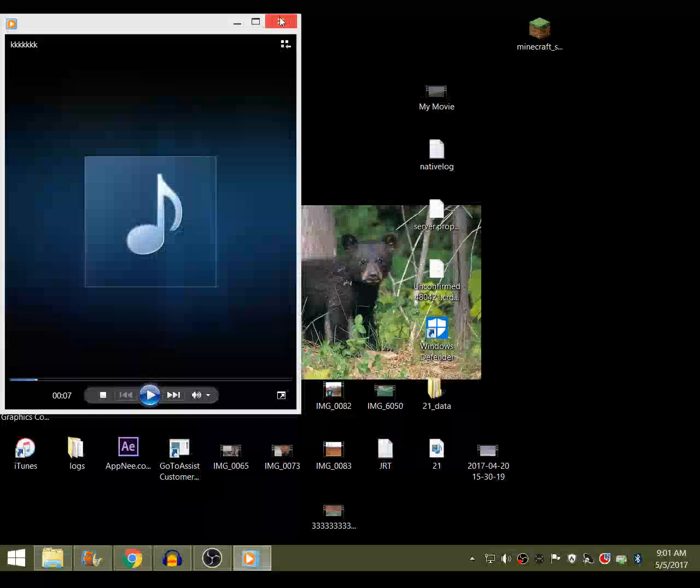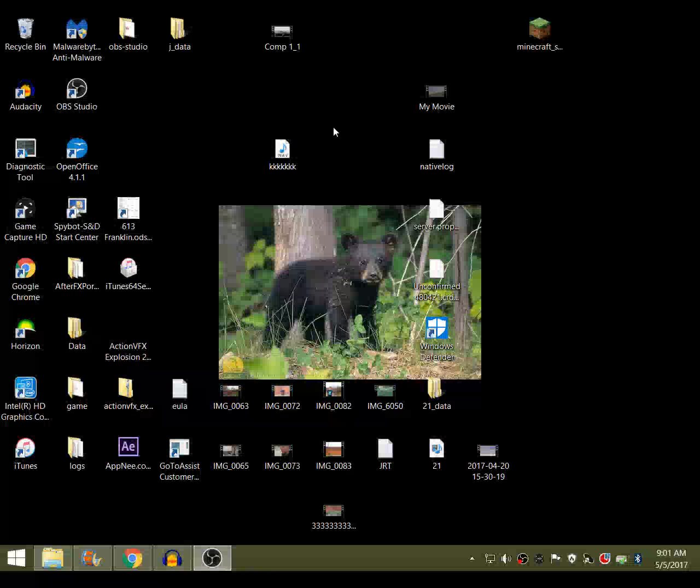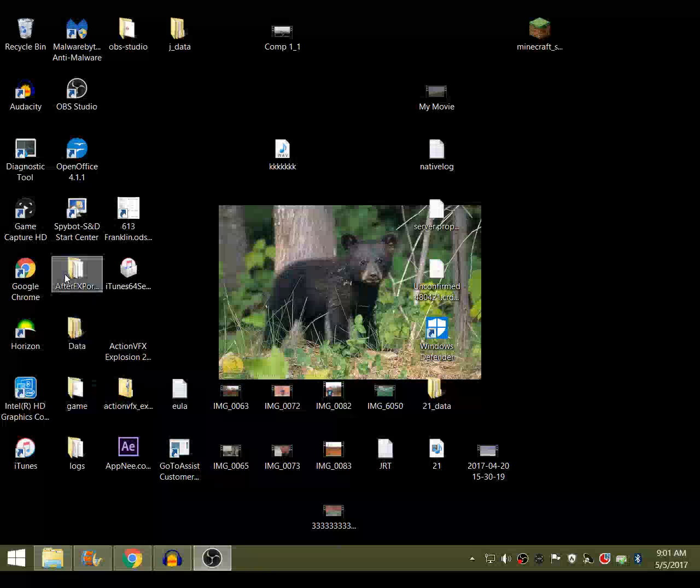So we can hear that, obviously, barely. It's not very loud. I might have to turn the gain up maybe. So basically after that, what we need to do is we need to open up